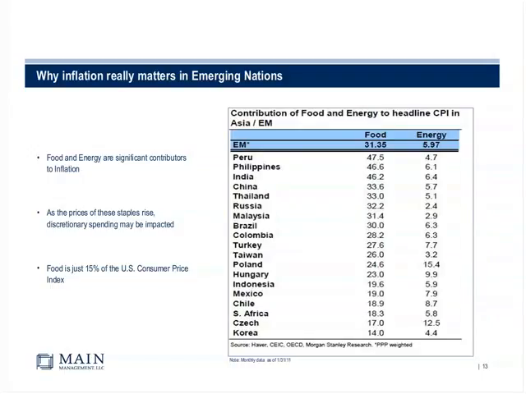In the U.S., about 14% of the CPI, the Consumer Price Index, is food, but in the emerging markets, it's on average 31%, and then in some areas like Peru and the Philippines and India, it's almost 50%. The U.S. also, a lot of the food cost is actually packaging, so if you look at the raw material, some people would say that it's less than 5% of the CPI. So it really matters overseas, and as we know in these emerging markets, if people can't get food at a reasonable price, they will riot in the streets.